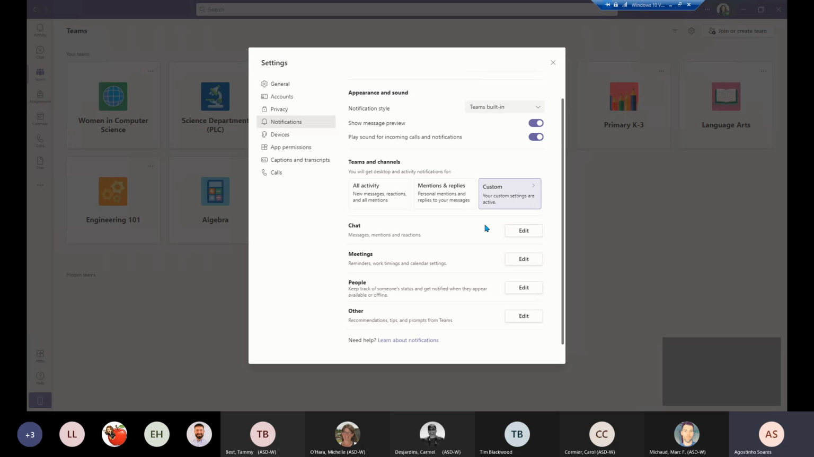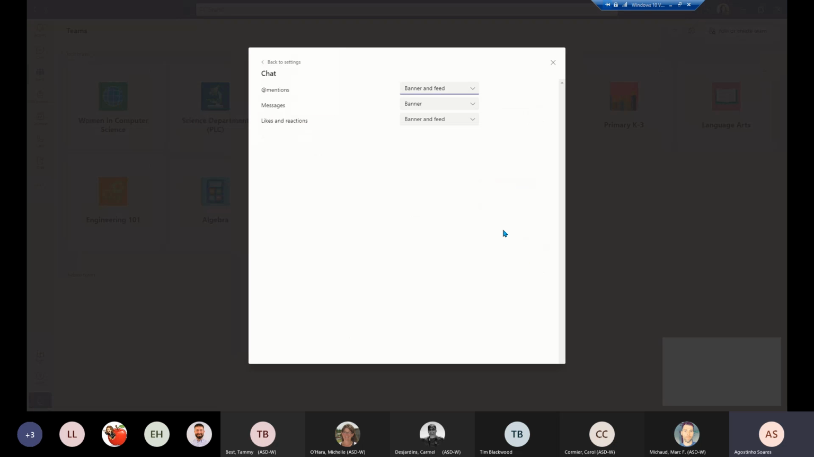We also have the ability to change the types of notifications that we get for each different type of notification. So we have here notifications that will come from the chat or from meetings, from people, or other. If we click edit, we can change that specific set of notifications. So these are notifications that we'll receive from chat. So whether they are @mentions or just regular messages or likes and reactions, we can change the type of notification